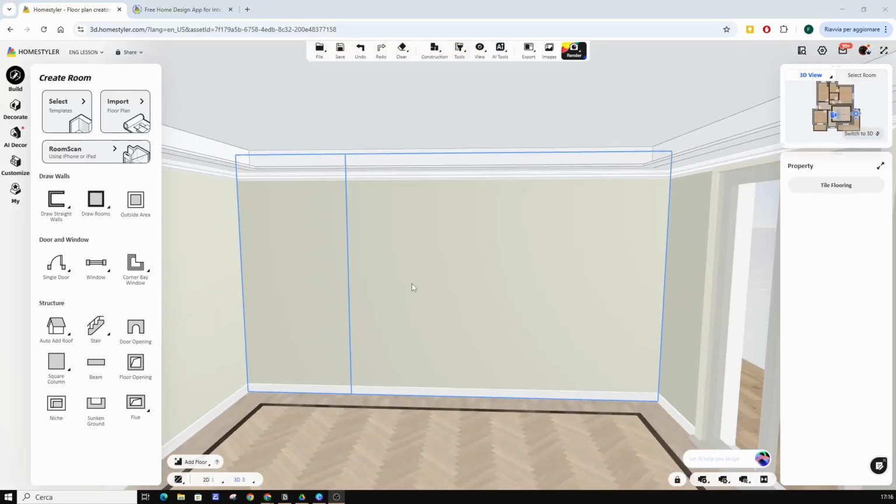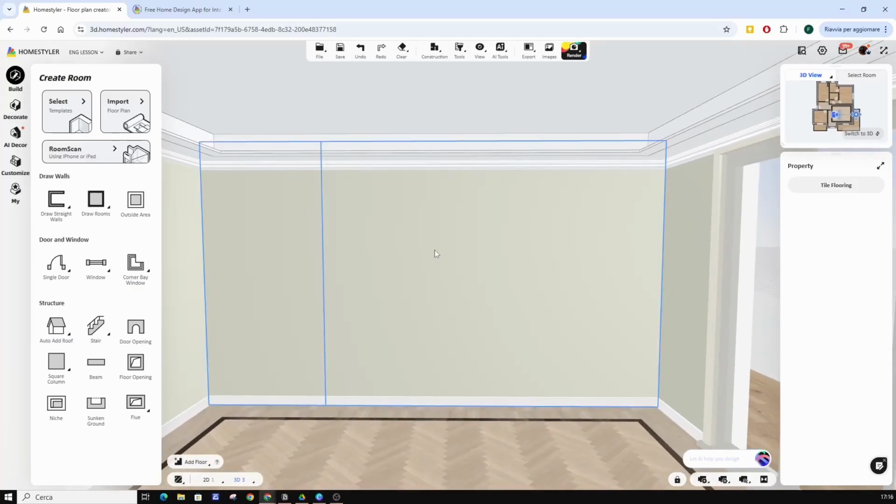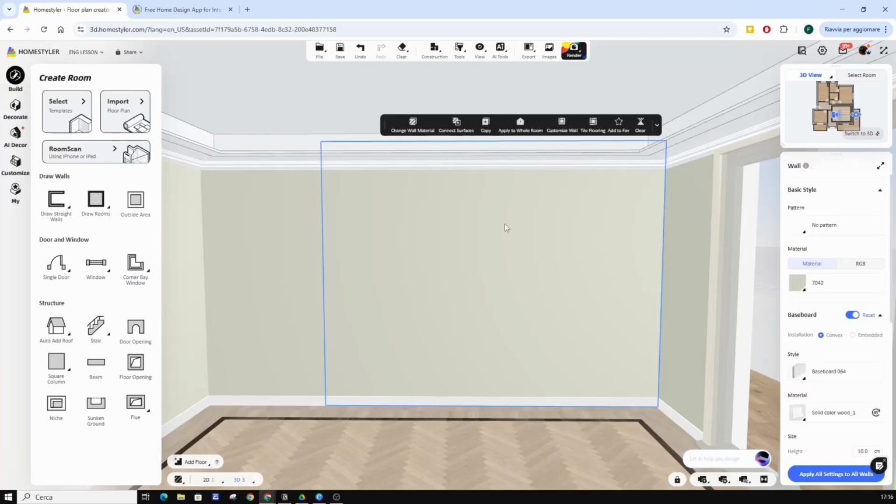This means that when we want to enter the wall customization mode, the one we saw earlier for adding a baseboard or moulding, we must select a single wall, not both connected ones. For this reason, we need to use the Disconnect Surface button so the two wall portions become separate.